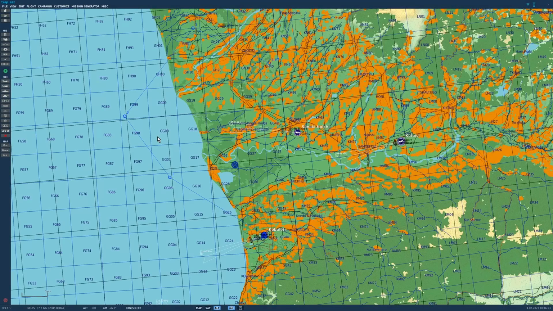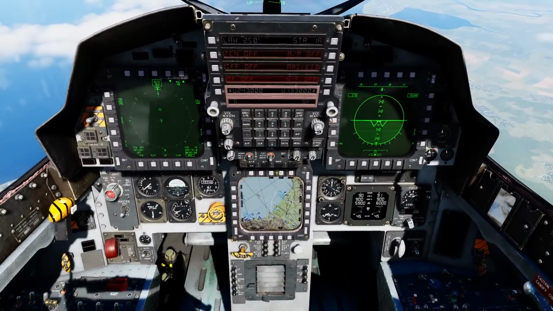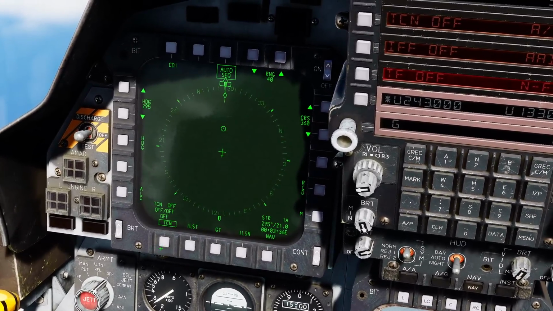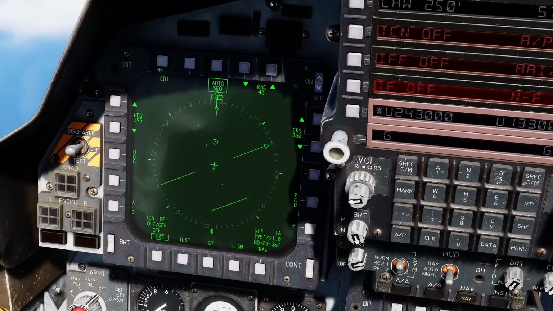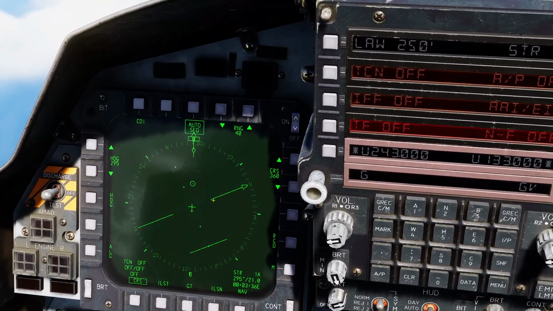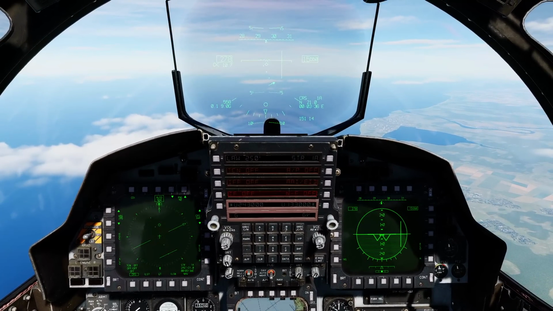Next, nav mode is course, of which there are 2 sub modes, and for this I just want to remove the wind or remove most of the wind. Okay, so off we go again. Nav master mode to our HSI, TACAN and course. CDI or plan, we want CDI, course deviation indicator. Course is going to allow us to approach a point, in this case it's going to be steer point 1A,